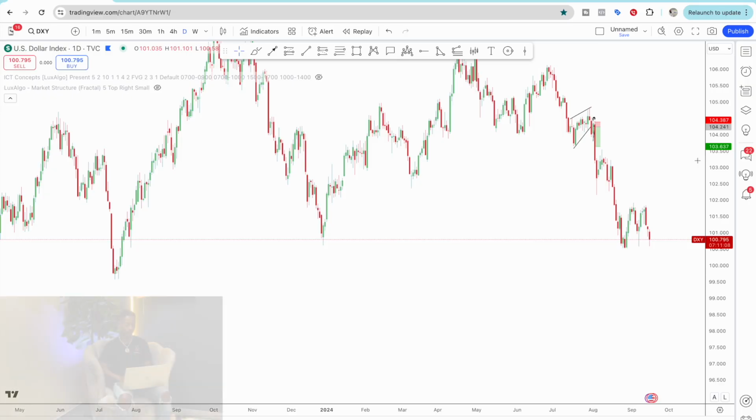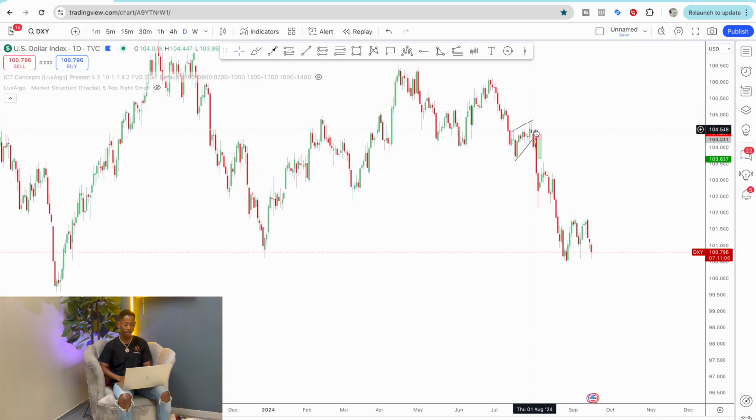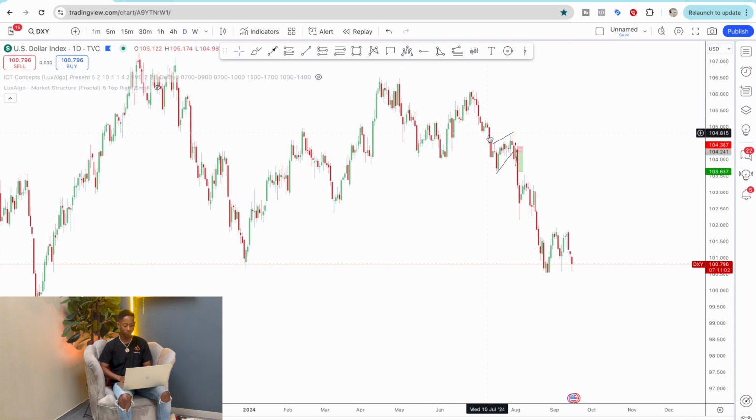So what I have right here in front of me is the dollar index. I'm going to start off first with the daily time frame right here, and you can simply see all the way prices been moving downwards, lower low, lower high, lower low here, lower high, and a lower low, now basically lower high. At the same time, you can see that price looked at reaching here, which is our lows, and eventually we did reach that low.